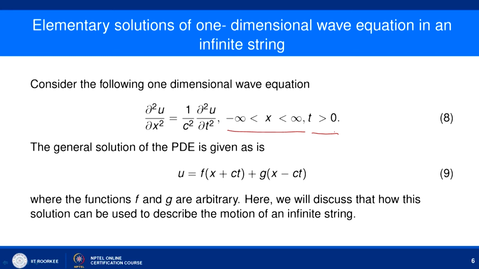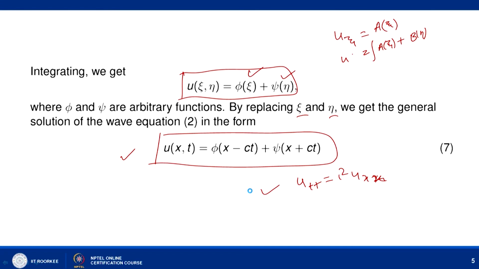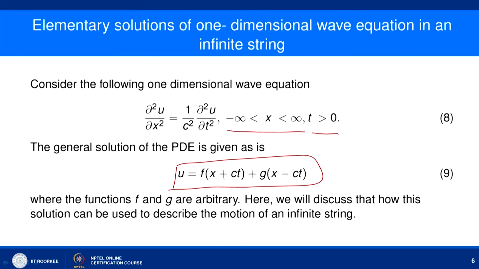So we already seen that the general solution of the PDE is given as u equal to f of x plus ct plus g of x minus ct, where f and g are arbitrary functions. Here I have just taken f and g, in previous slide we have taken phi and psi, so no problem, because these are arbitrary functions which we have to determine in order that it satisfies certain given conditions. So here we will discuss how this solution can be used to describe the motion of an infinite